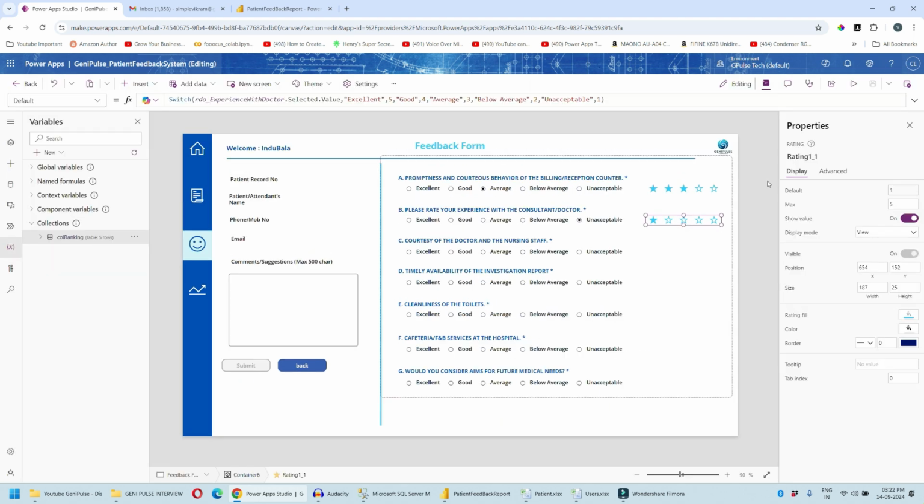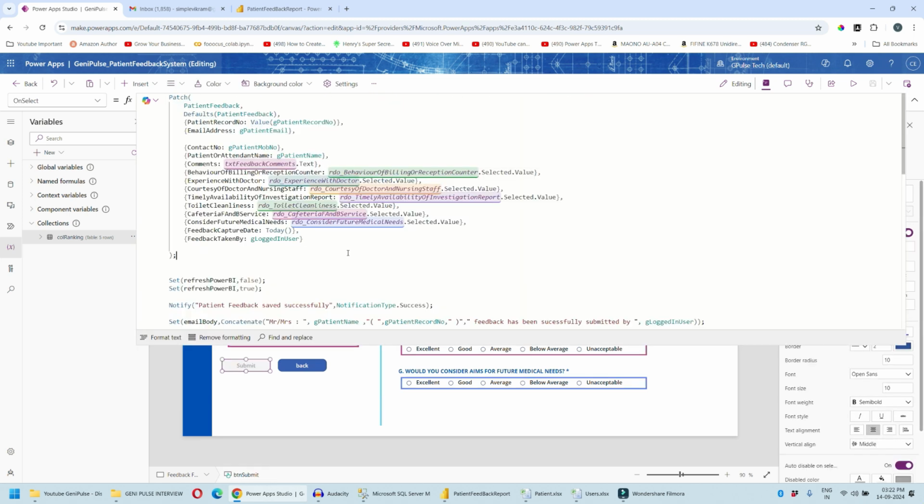Okay, so this is the second one, rating control, and here also you can see the same switch statements. So let's see what happens when you click on submit. On submit form, we need to store that into the SQL Server. I have connected with the patient feedback, which is my SQL Server table, and with the default